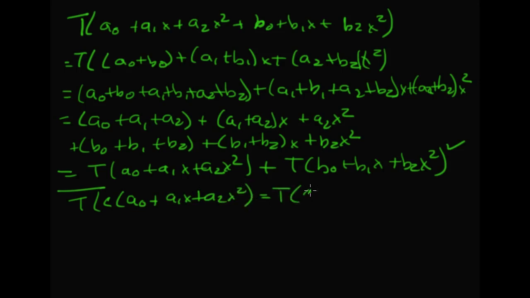So that's T of C times A0 plus A1x plus A2x squared, which gives me, if I can remember how to do it again,